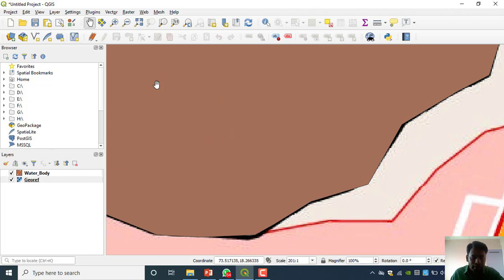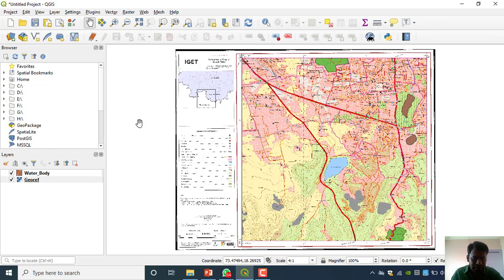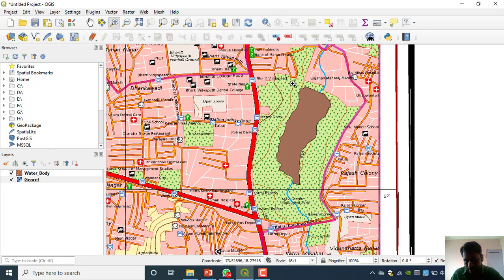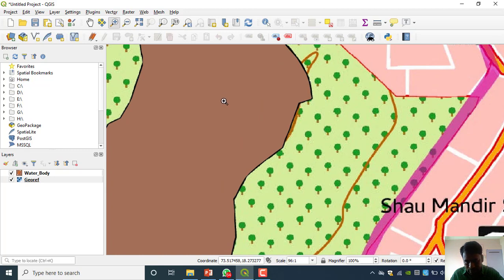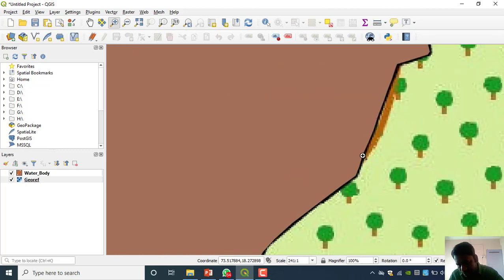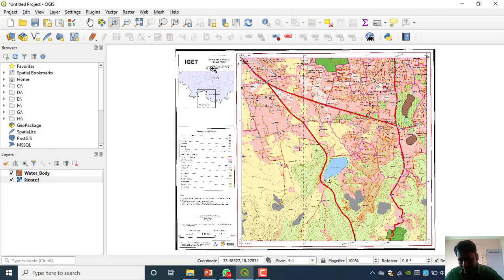This kind of error will happen when you keep a very low zoom level, and when you compare with this one, see, very nicely, because we did everything on the line only. Okay, that is the matter of zoom level in polygon digitization.